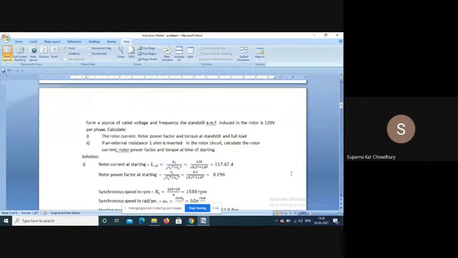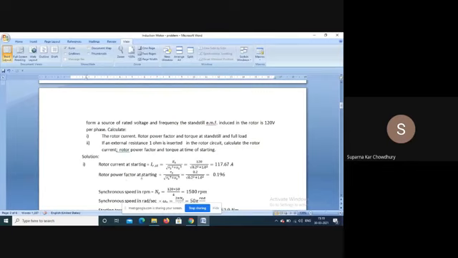Now remember one thing, when the connection has been mentioned as star connected, here it has been mentioned that the induced rotor voltage is 120 volt per phase. But normally, if it was just stated that the induced voltage is 120 volt, then you should take it as a line-to-line quantity, because that is the quantity which is measurable. We do not measure the phase voltage. What we measure is the voltage between two lines. So in that case, for star connected, the per phase voltage will be the line voltage divided by √3.